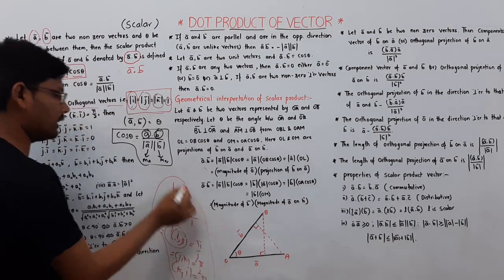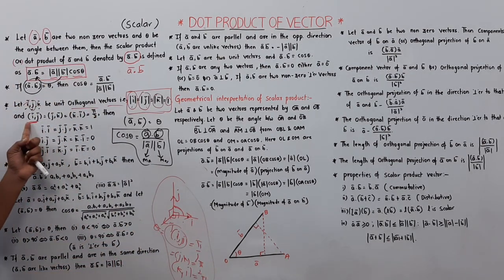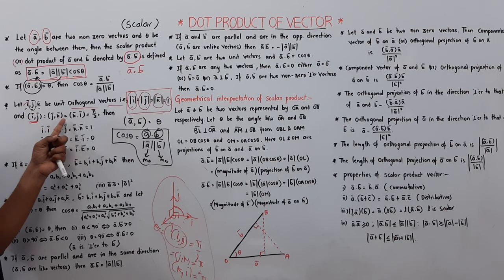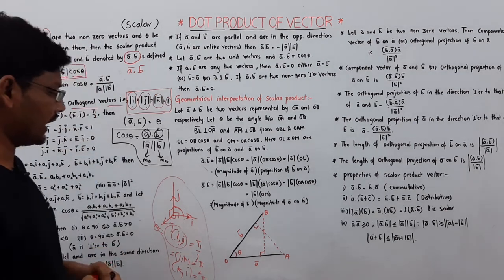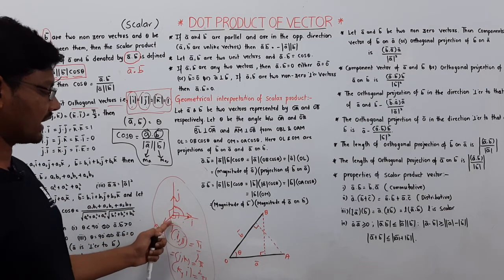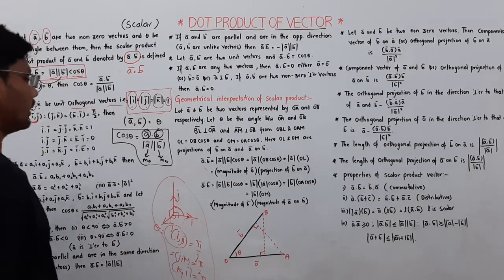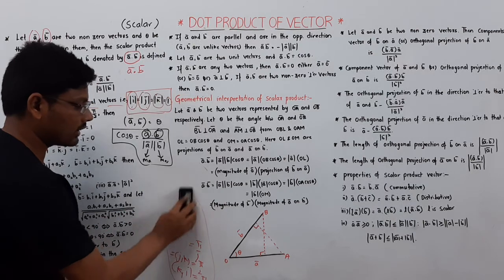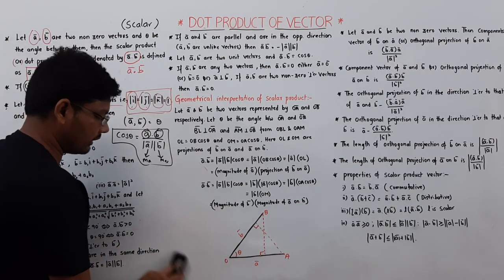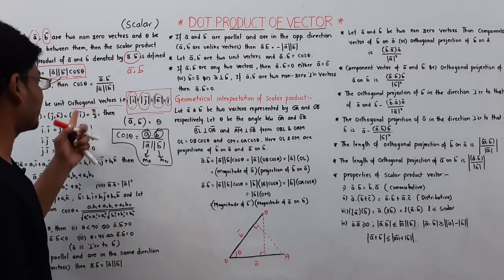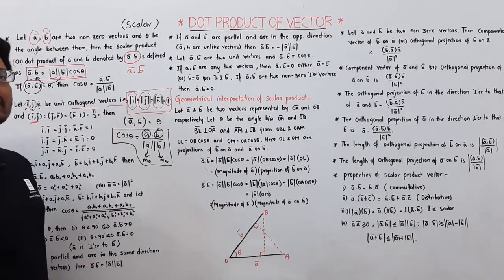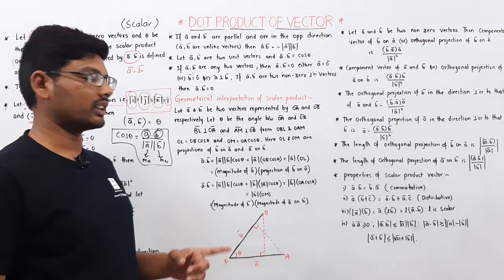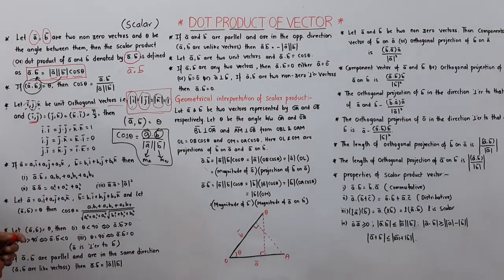Here the angle between each and every pair, i bar and j bar, j bar and k bar, and k bar and i bar, is equal to 90 degrees. The angle between x and y, and z and x, is equal to 90 degrees here. Why? Because they are orthogonal unit vectors. Unit orthogonal vectors we are taking here. That's why the unit is equal to 1, and orthogonal is nothing but they are perpendicular to each other. This is all about point number 1, 3 here.